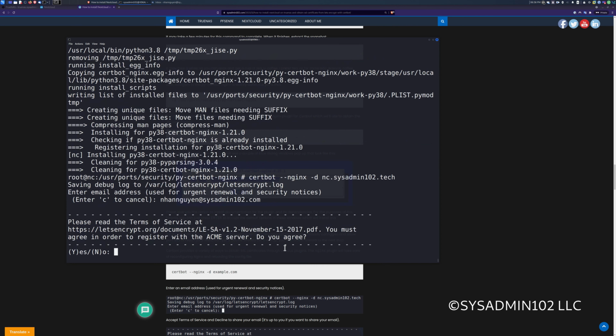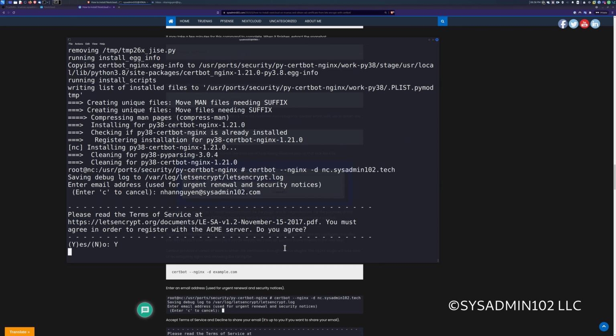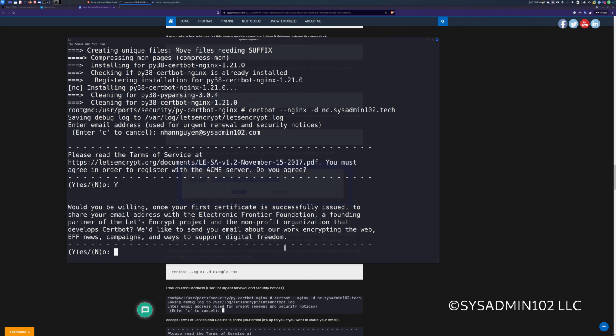Okay, and you have to accept the terms of service in order to use it. If you are willing to share your email address, you can select yes. If not, select N for no.